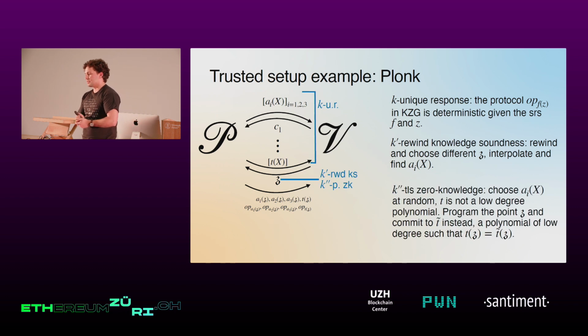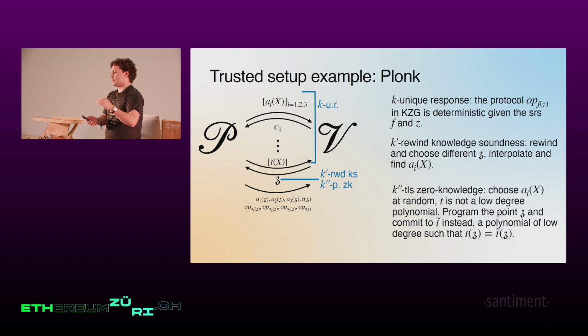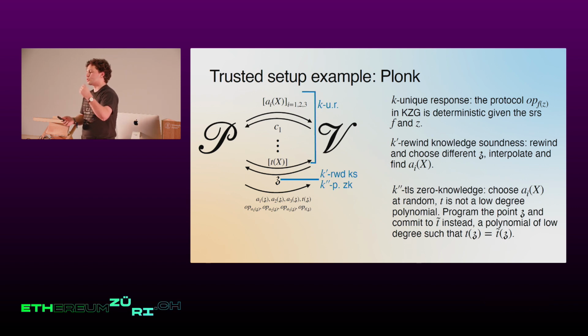Okay? And finally, why is it programmable zero knowledge? The point is here, the simulator is going to do something kind of counterproductive. It's going to choose the polynomials it should commit to at first completely at random. So this is rubbish. It should encode nothing about the arithmetic circuit. In particular, it shouldn't satisfy any constraint of the Plonk arithmetization. So what happens is, as the prover and the verifier interact, the quotient polynomial, which should be a low-degree polynomial, is going to be some very high-degree polynomial. It's not going to satisfy anything.